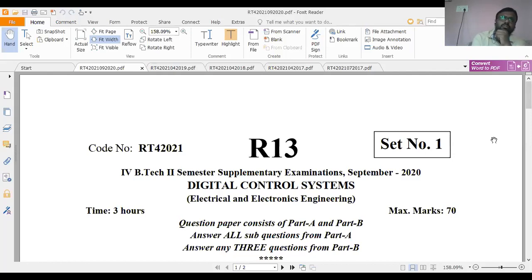Okay, so in the next class we will start the third unit. The third unit deals with concepts such as determination of the state transition matrix and determining the stability with the help of controllability and observability. Okay, so we will start in the next class.